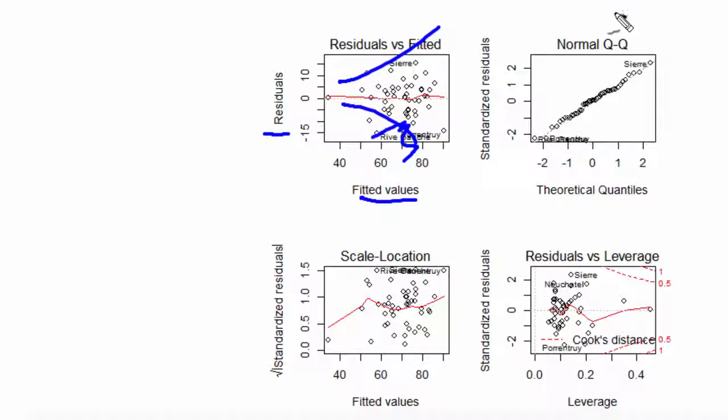The QQ plot is specifically designed to evaluate normality of the error terms. Okay,